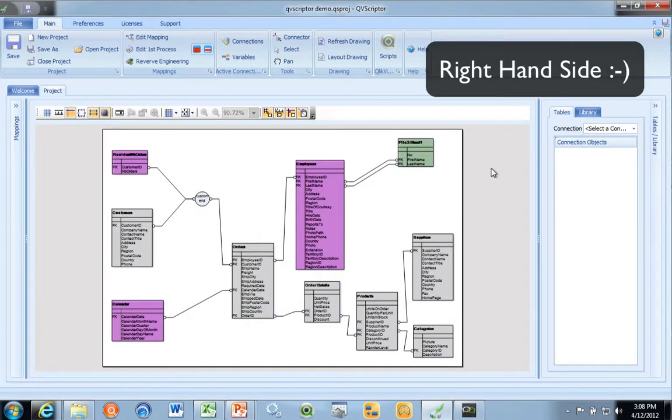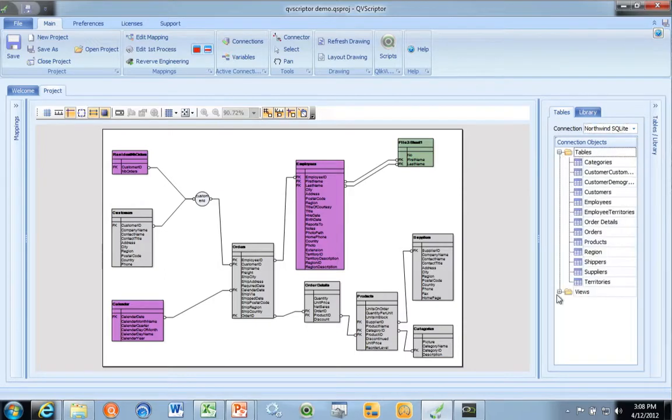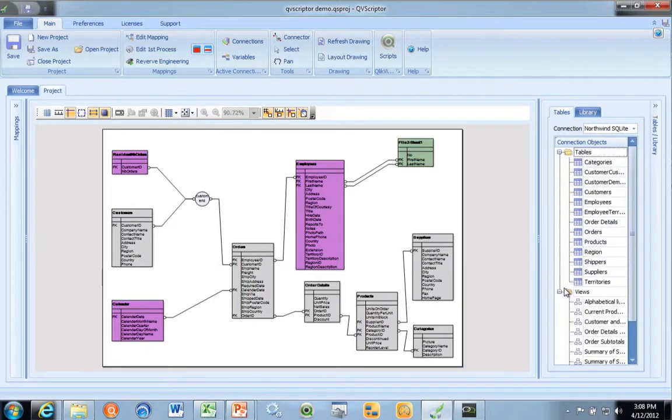What you'll see on the left hand side here is the table/library pop-out drawer. From there we have all our available connections. So I'm going to choose the Northwind SQLite, and straight away it will show me all tables and views that are available from my database that I can use. For an example, I could bring in the suppliers table.